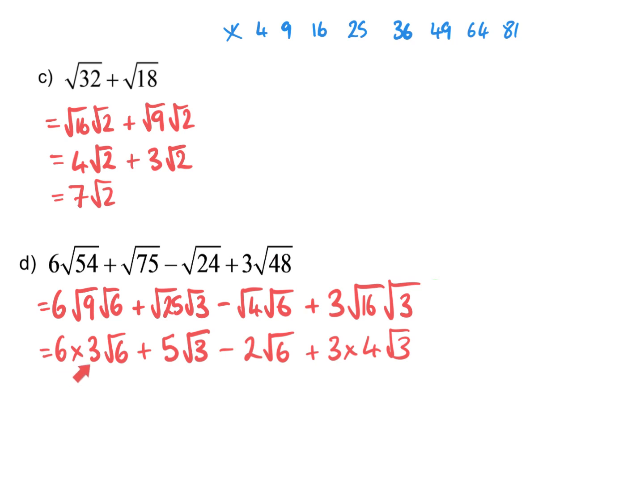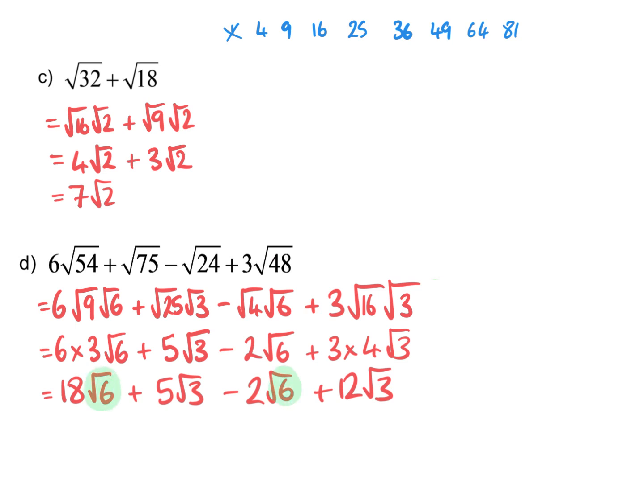up a little bit. So this 6 times 3 here, and this 3 times 4 here. I'm just going to take my time, run through this next line and tidy that up. So 6 3s are 18, so it's 18 root 6s, plus 5 root 3s, minus 2 root 6s, plus 12 root 3s. Now if you look at this, what I've got is I have, again, 2 different types of surd there. Okay, so I've got root 6s here and here,